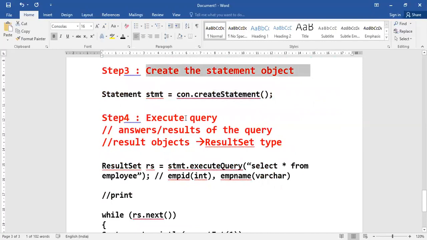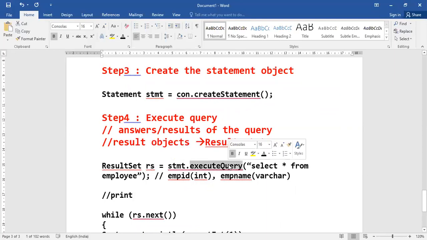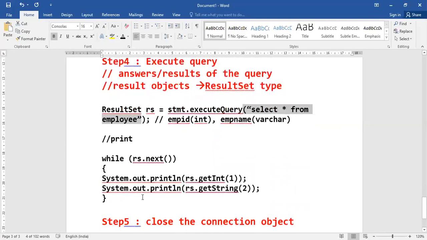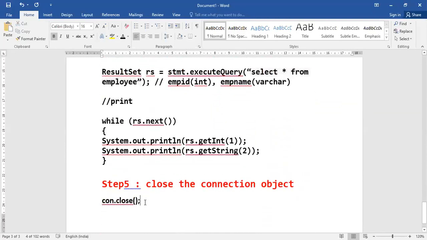To execute the query, you have to create a result set, because all the answers you get will be stored in your result set. I use a method called executeQuery, and whatever SQL you have, you write it inside, and then you display the result.